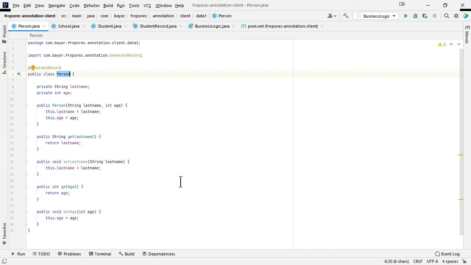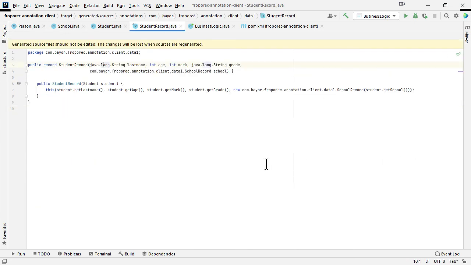So yes, let's suppose that all of them are. So that would mean the student class also has these two, which translate to these additional parameters here in the generated record class. As you can see, those two parameters are from the person.